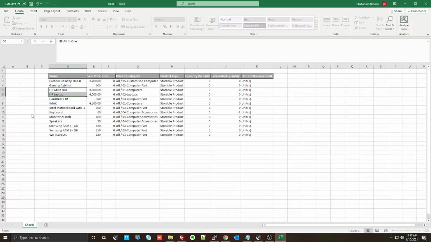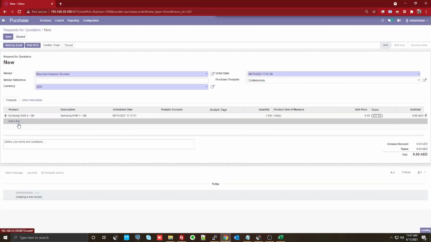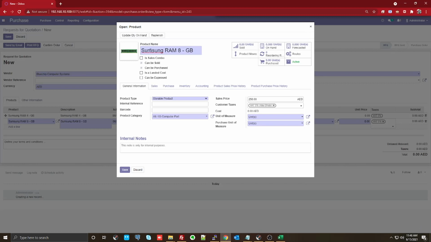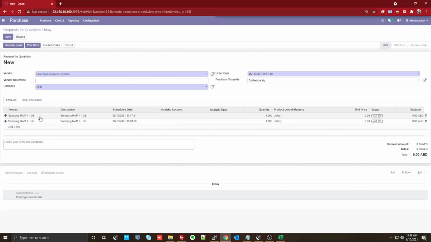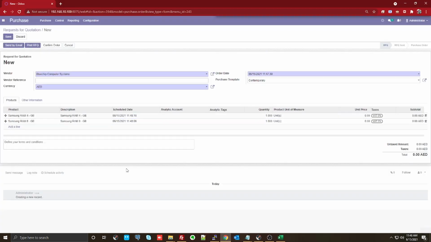I'm sorry, what was the name? Sorry, there was a spelling mistake on that product. Please bear with us, it is not Samsung. It was a typo mistake over there. I'm not going to change it, or else let me just change it, otherwise it looks really bad. Let me just update it on the go, so that the awkwardness is not there. It's a small error. Let me just also look at it.